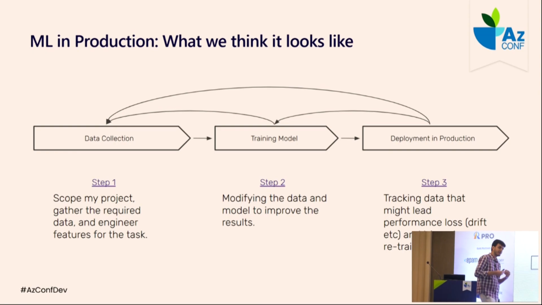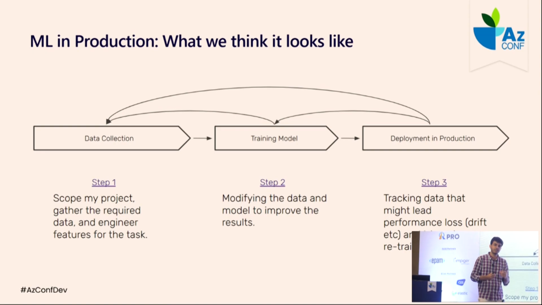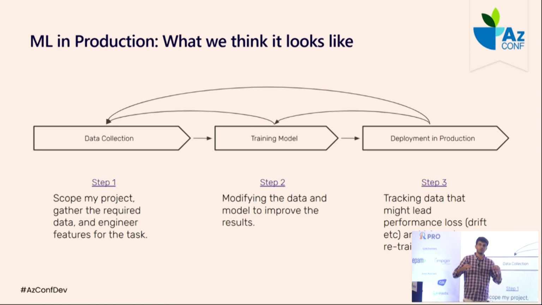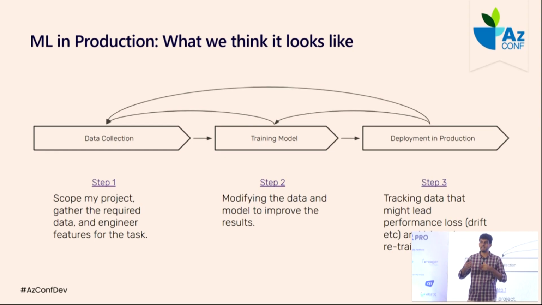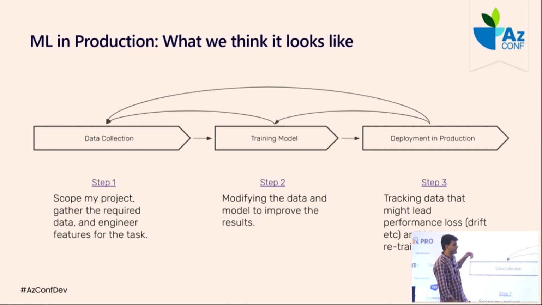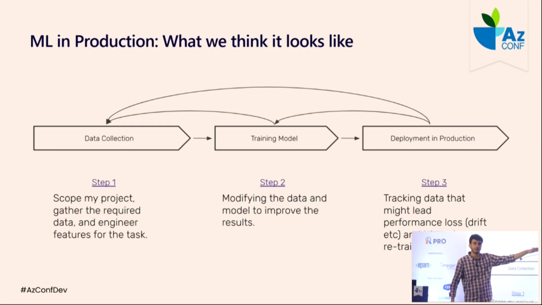So what I'm getting at with this diagram is that you need some kind of structure in your workflow that is reproducible, that allows you to easily design such solutions and have some kind of CI/CD pipelines where you can just trigger some kind of workflow. For example, you can set it so that if new data comes in, I automatically want this trigger to happen. So there needs to be some kind of way to define pipelines in machine learning as well.